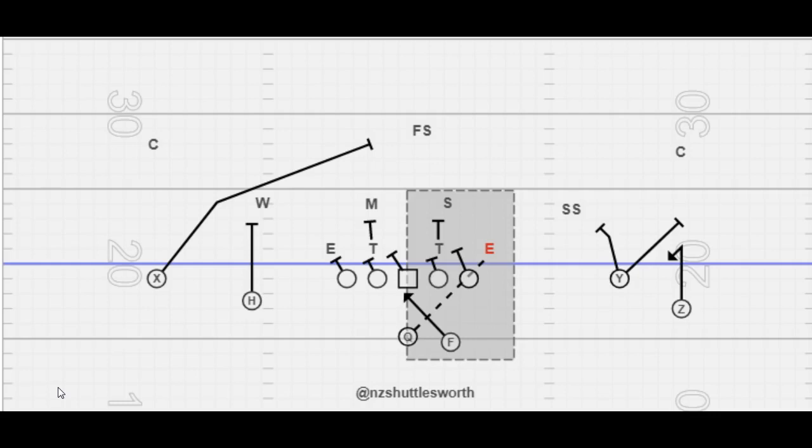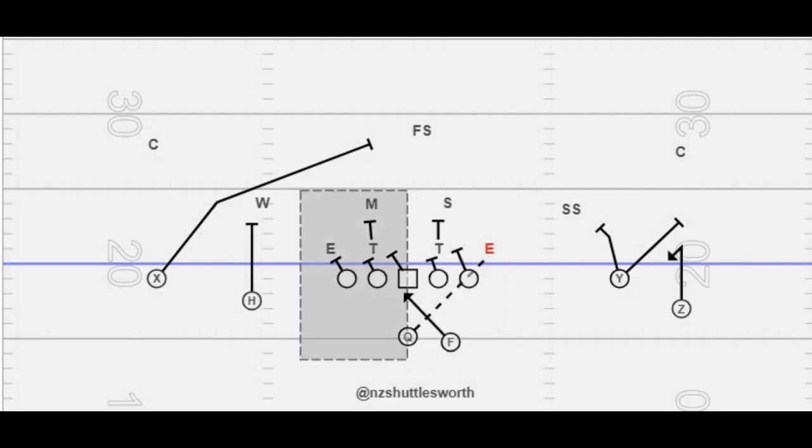This play is diagrammed as inside zone left, obviously. Notice that the backside tackle is going to work in conjunction with the backside guard to get a physical double team of the tackle and displace him into the second level, with eyes on the Sam. The center and play side guard will get the same double team, if at all possible, on the other interior lineman with eyes on the linebacker also. Play side tackle handles the defensive end.